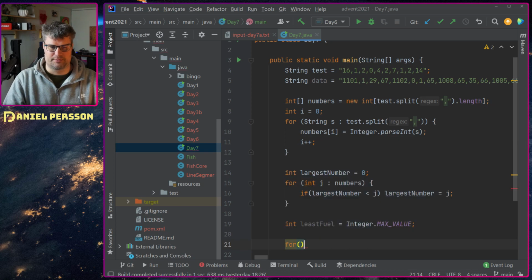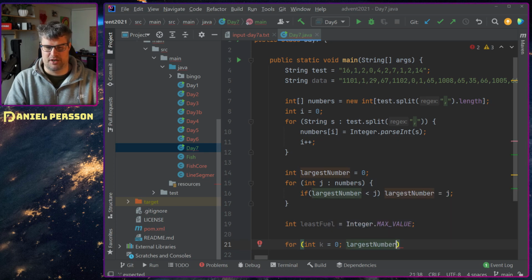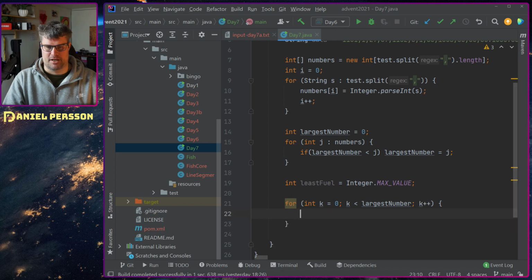And then we will go through for int k equals to 0, largestNumber, and k less than largestNumber, k++, and here we will also go through all the numbers in our list with j again,